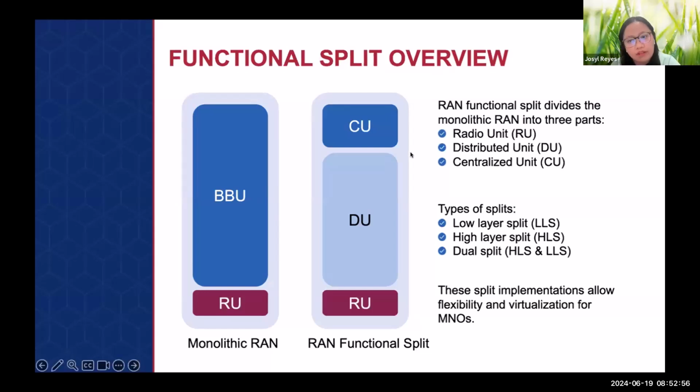And again, why do we need to split the different components? It depends on how the mobile network operator plans to virtualize the different functions. Maybe they want to virtualize the CU separately, handling maybe more than one DU, or they want to combine DU and RU on the same device, or co-located. That's also possible.